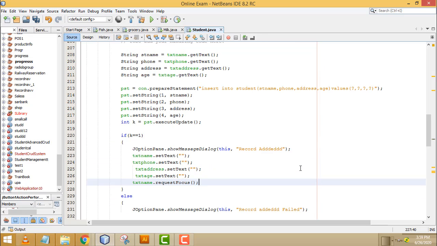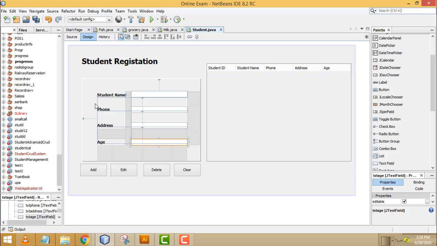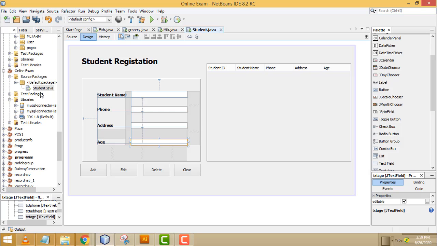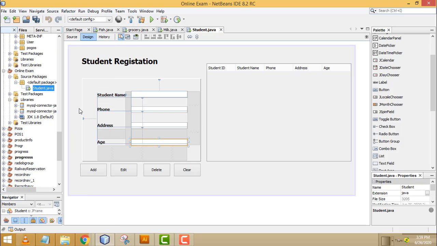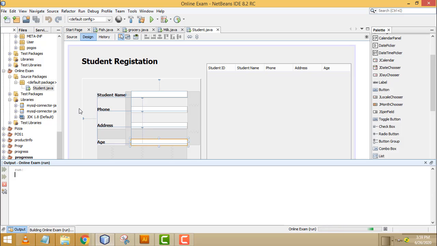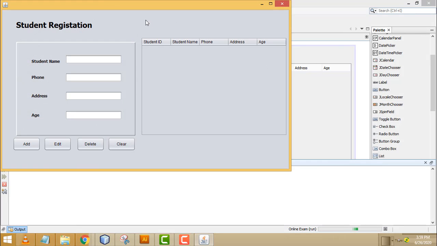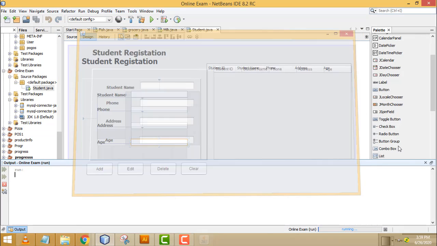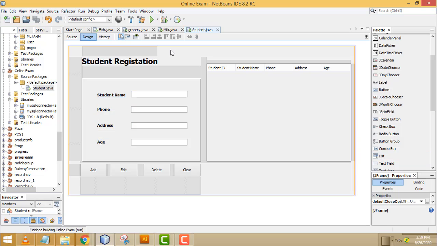Very simple, right? Now let's run and check whether it's working fine or not. Right click, run file. Another thing is, when the form runs, it should run at the center.